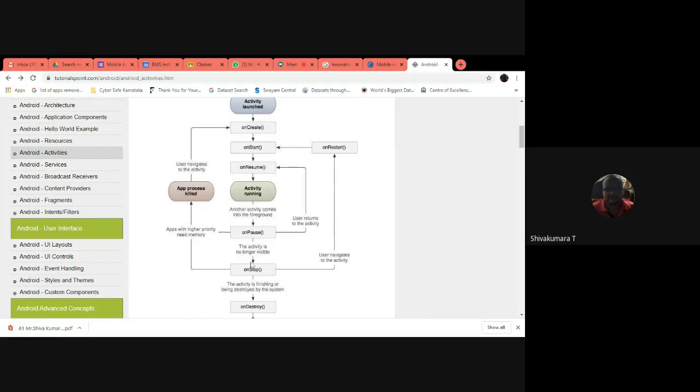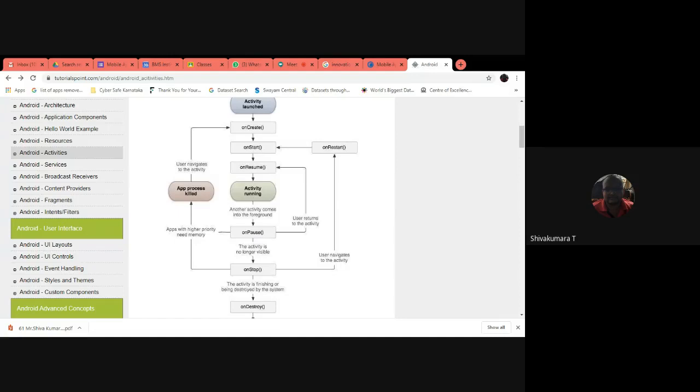So onStop works in two ways. One is app process killed, meaning the app is completely killed. Then you reload from scratch, which takes a little more time compared to onRestart.